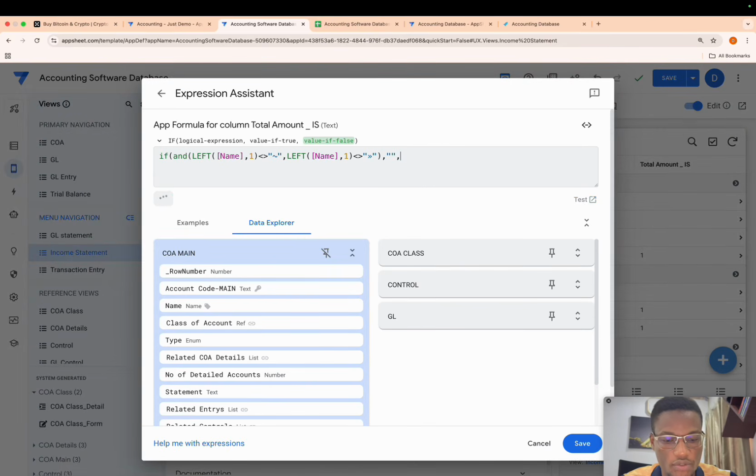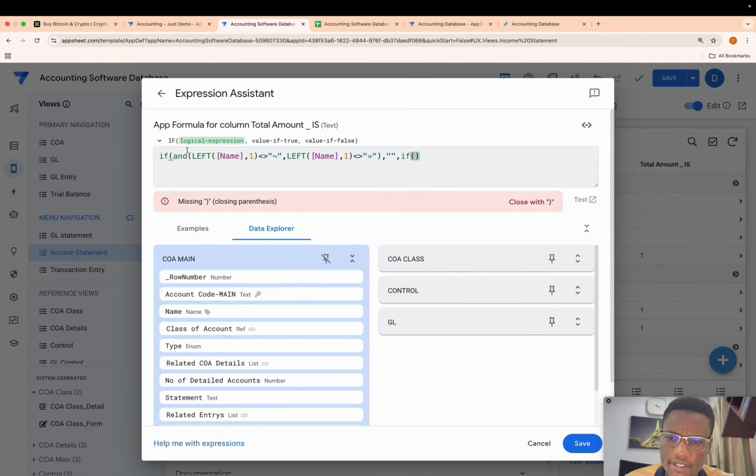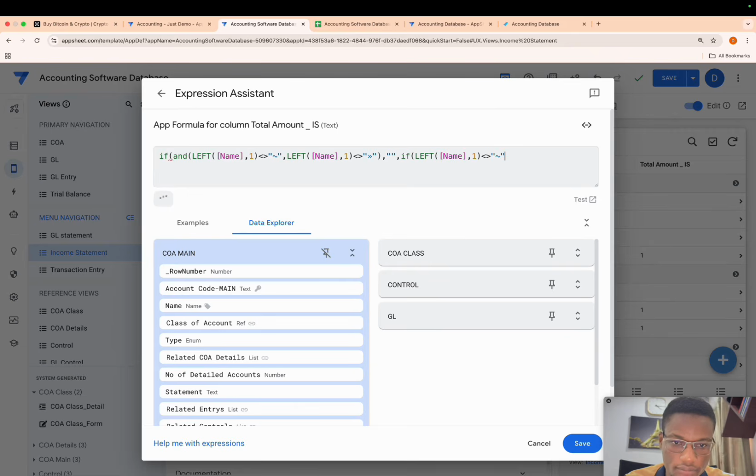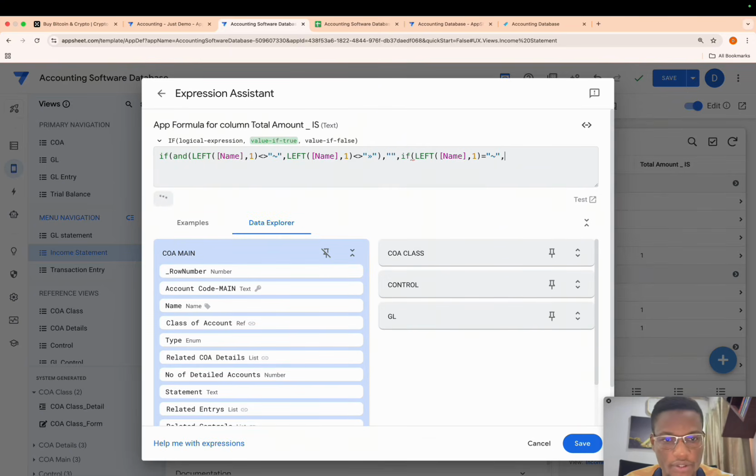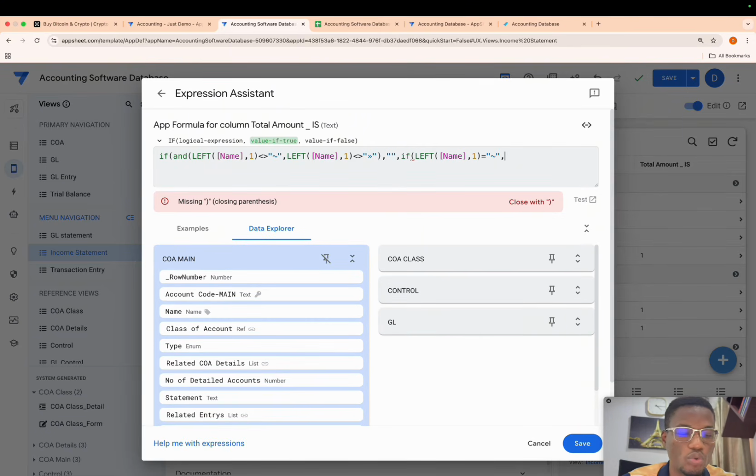So that's the first condition. Now the second condition is going to say that, if you belong to this category, let me copy these and paste them here. Equal to, if your first character belongs to this category, what I want you to do is go into the income statement slides we did and sum all the accounts that have the same class as you.